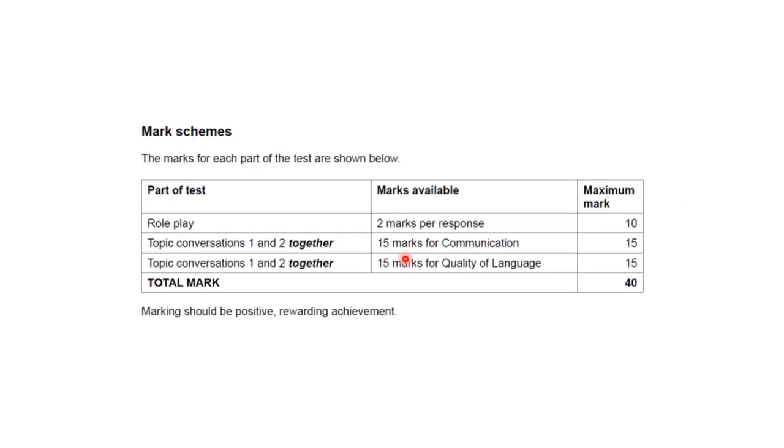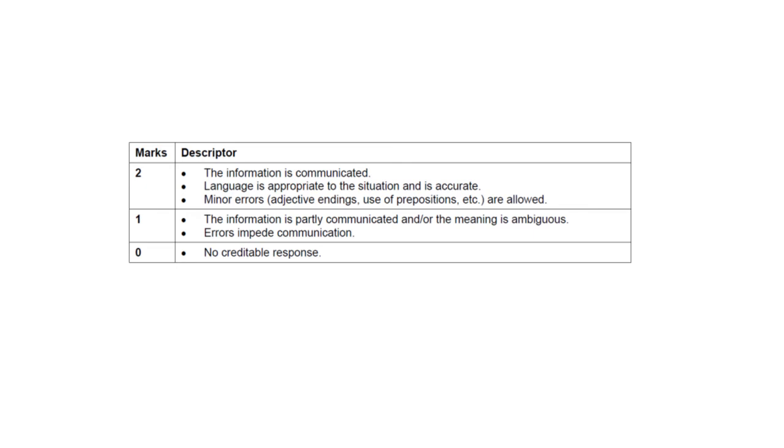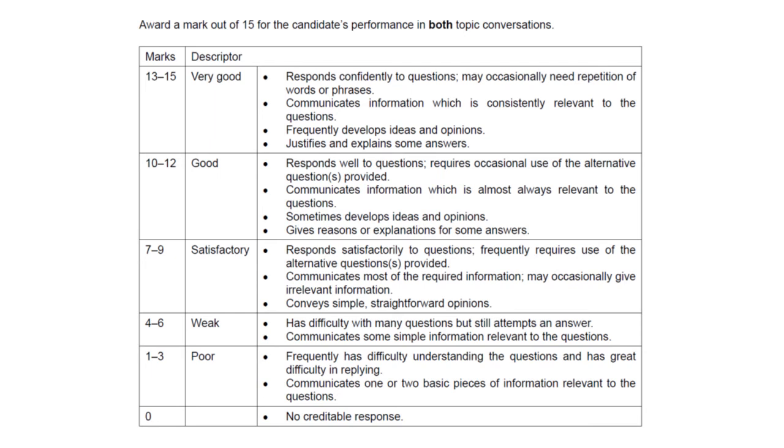So this is again the breakdown of the marks, and what exactly we have in the role play. We have 2 marks available for each response, and since there are 5, the maximum mark is 10. For the conversation, of course, both conversations, we have 15 marks available for communication, and we have 15 marks available for the quality of the language. So the total is 40. So in here we have the mark scheme of the exam. I'm going to explain all of these descriptors to you